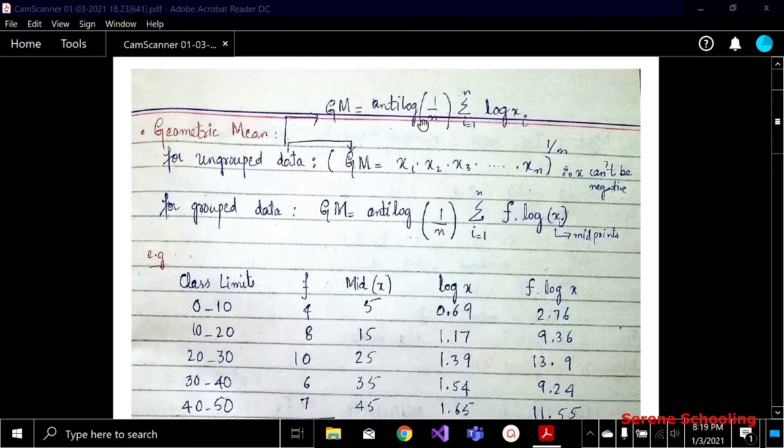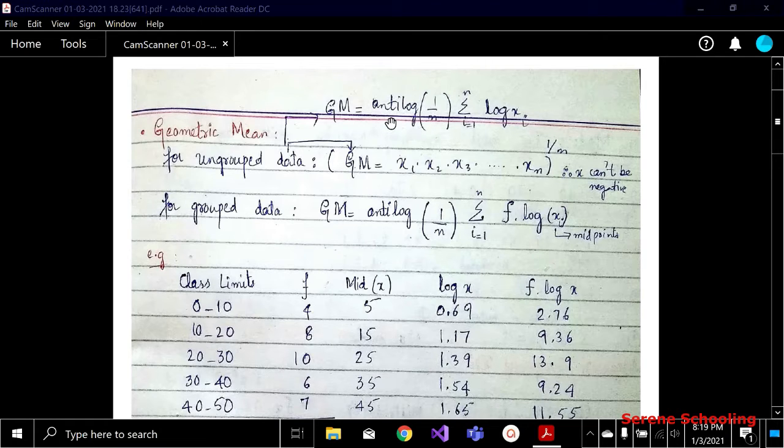We are just discussing the case of ungrouped data for now. So this is basically when you don't have any negative value, when you are not dealing with grouped data, when all your data values are positive and your nth root is positive, then you can use this. But the other, more efficient formula is over here.